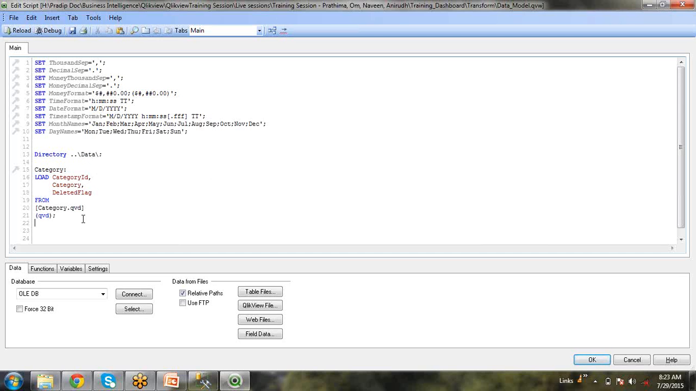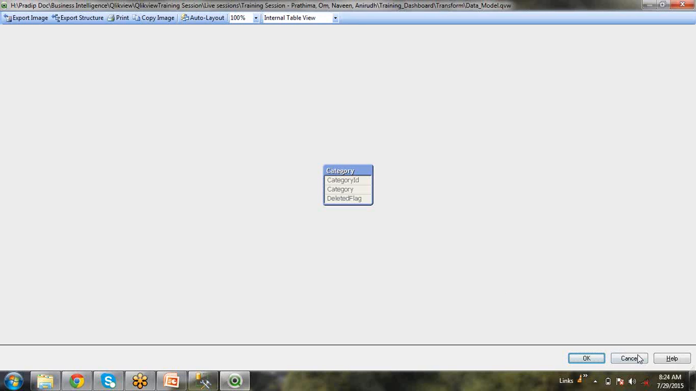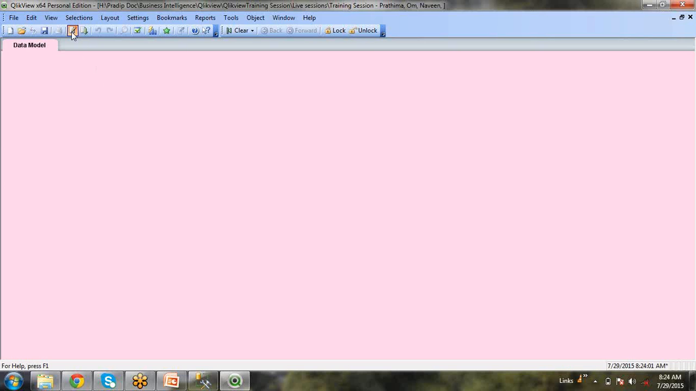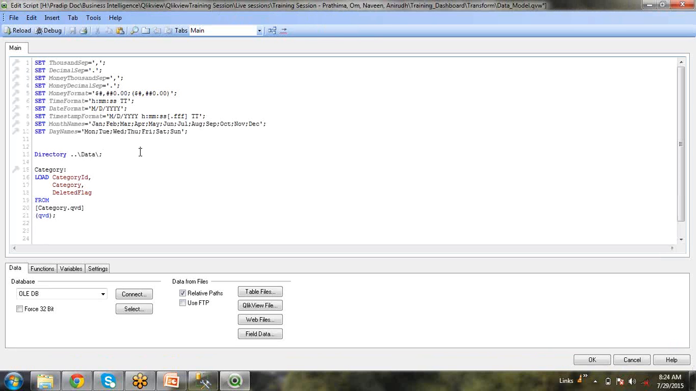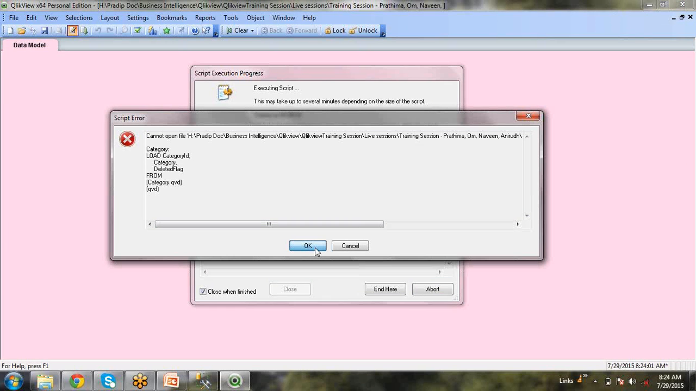Now in the same way we will load all those QVDs. We'll just save and reload it. See, the QVD is loaded here, right? If I just comment this path, it is showing an error because I don't have any path for the category QVD. Why is category showing an error? Because category.qvd does not exist